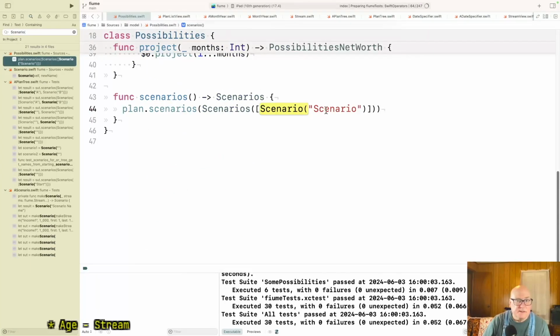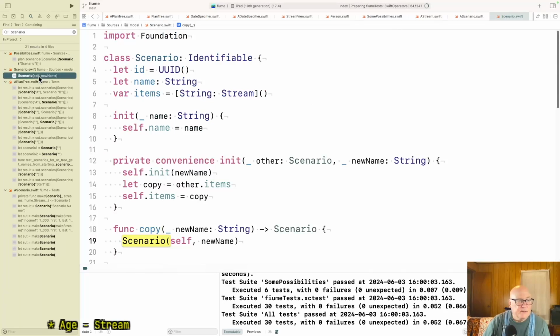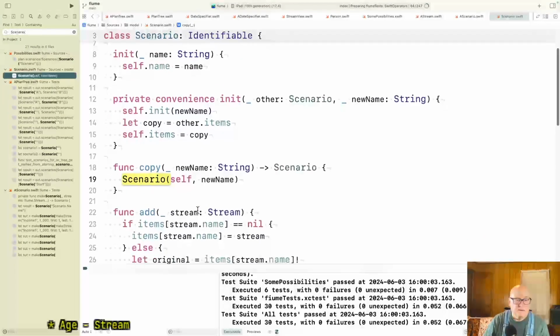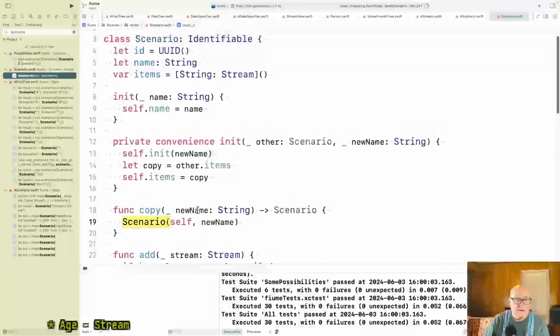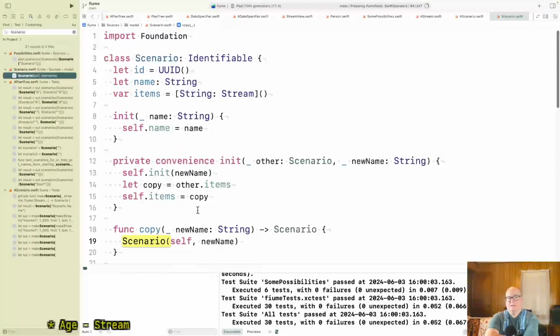Okay, so he creates the initial scenario and copy, makes a new one. But like scenario, does it need the date?